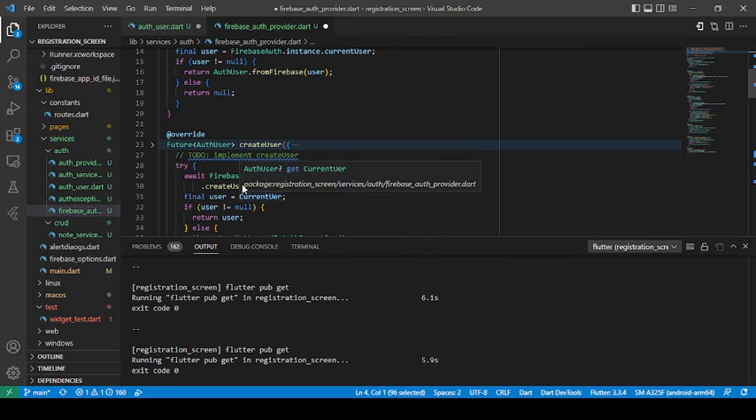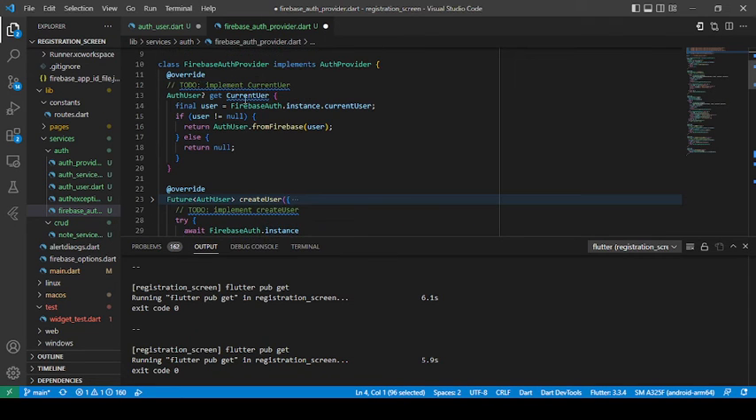So Firebase auth instance current user. When we get the current user, if user is not null, return auth user dot from Firebase user, else return null. So that's the current user. If you want to get the current user, user is equal to instance current user. When we call the user,